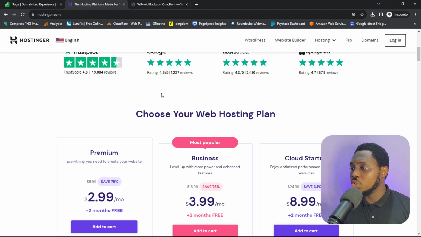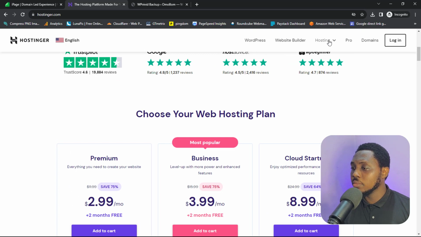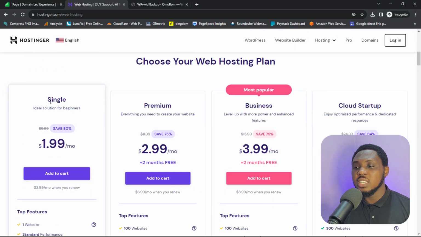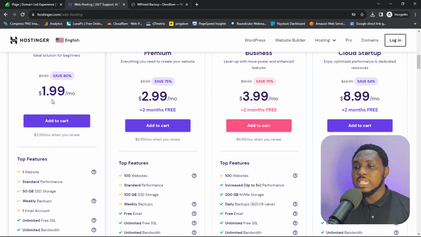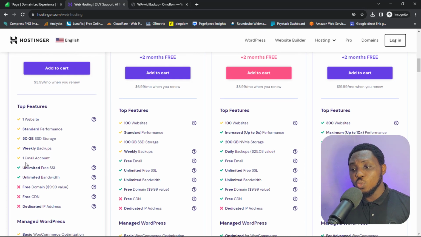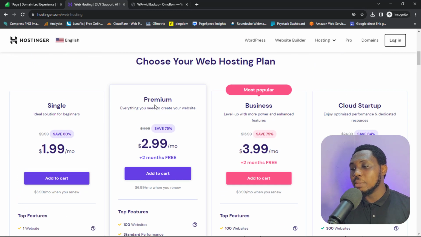in that case, you can just come to their hosting and then come to web hosting. So we can just claim deal as well. You can see now this is for singles. This starts from 1.99 and will give you access to just one website. But the not too good thing about it is that you have access to just one email account, which may not be good for you in case you have multiple emails set up in your previous hosting account. So that's why I would advise you to go for the premium plan at the barest minimum because